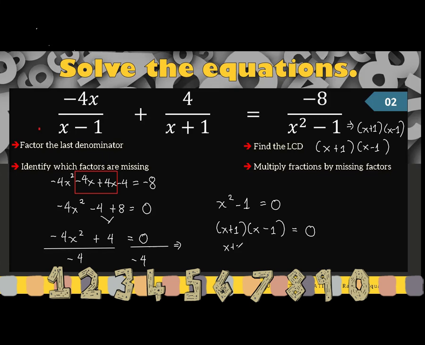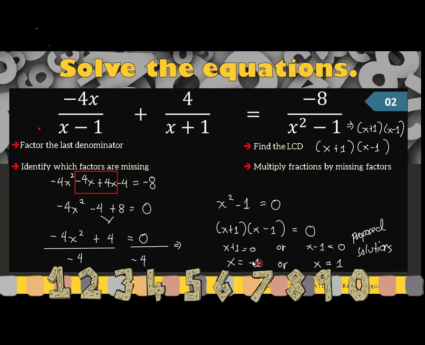We will have x plus 1 is equal to 0. And then for the second one, so from here, we will get x is equal to negative 1. And the other one will be positive 1. Again, these are the proposed solutions. Since we are given a rational equation, we need to take note of the following values of x. So the value of x here is negative 1.